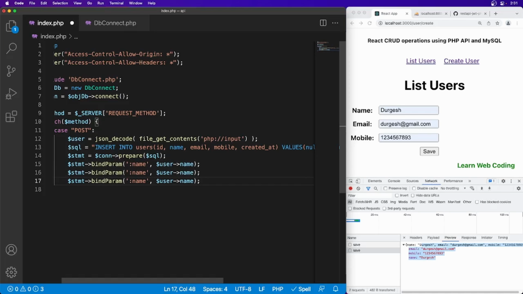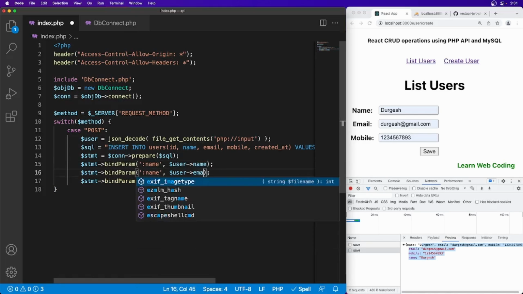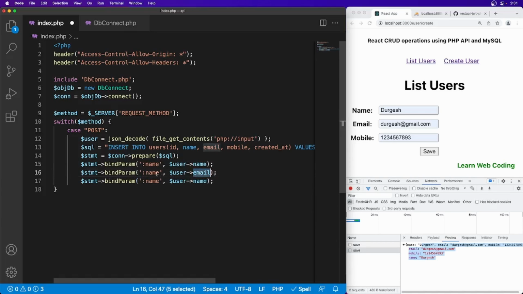Let's duplicate it a couple of times. Name and then email and then mobile and one more, created at.